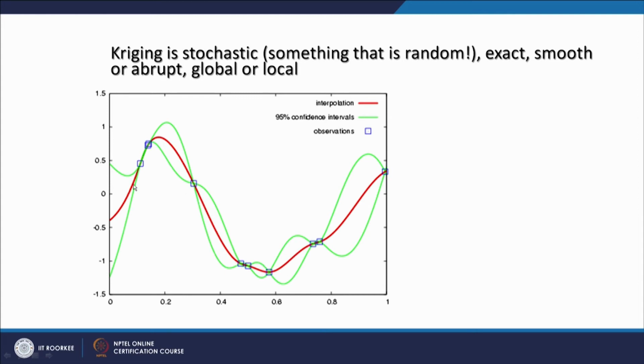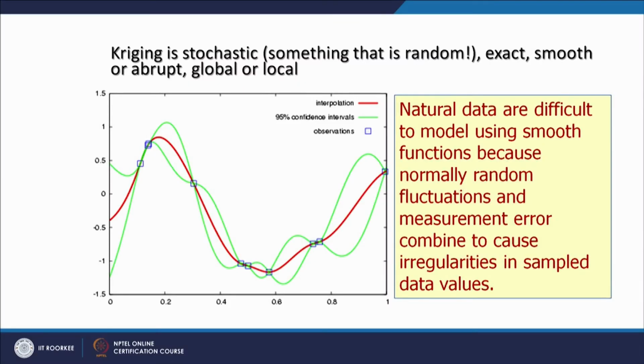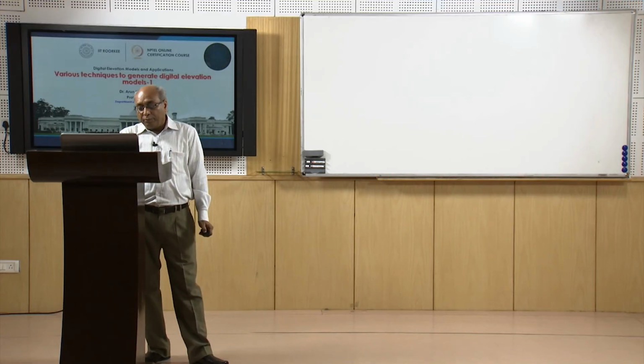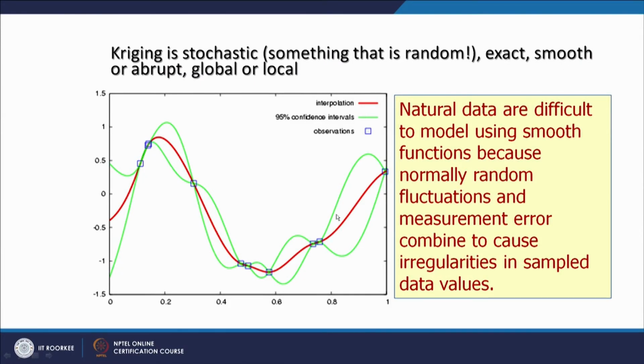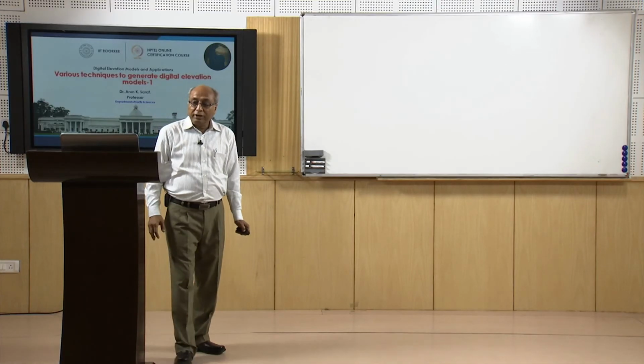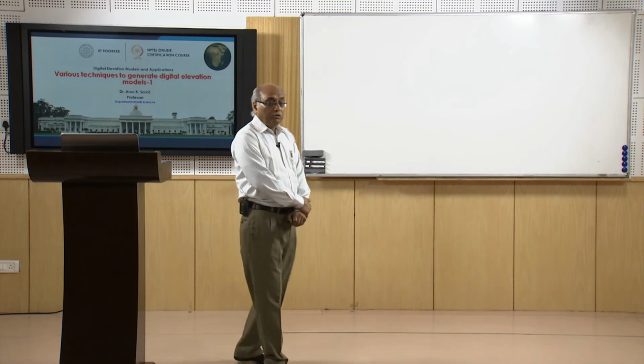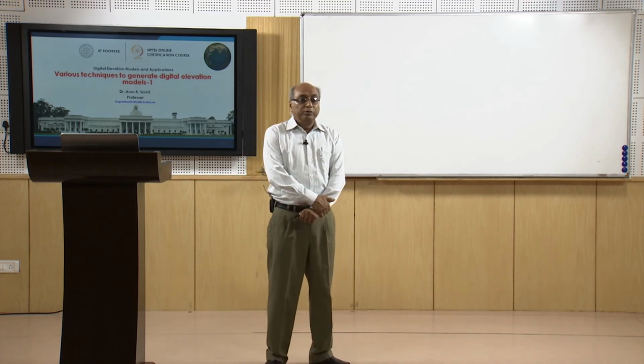So, depending on what the phenomenon is, natural data are difficult to model using smooth functions, because normal random fluctuations and measurement error combine to cause irregularities in sample data values. As we can see, even at a 5% or 95% confidence interval, two completely different surfaces can be created. So kriging was developed to model those stochastic concepts, and